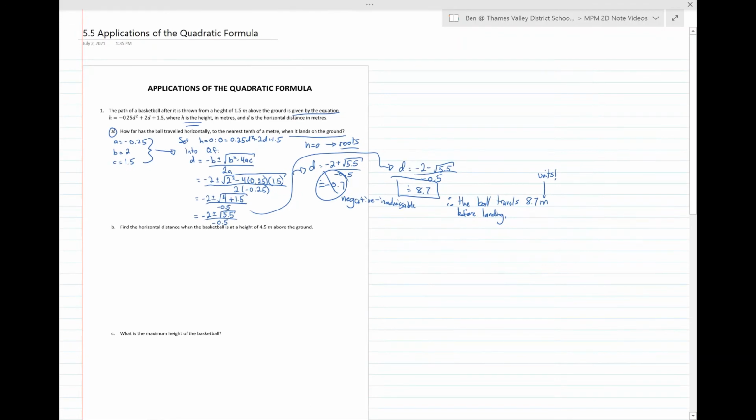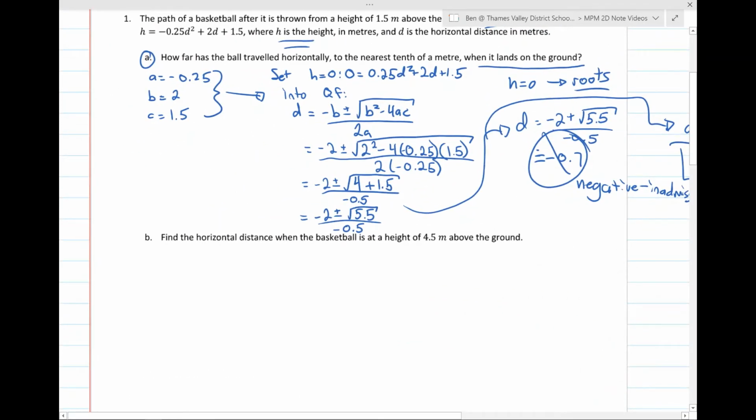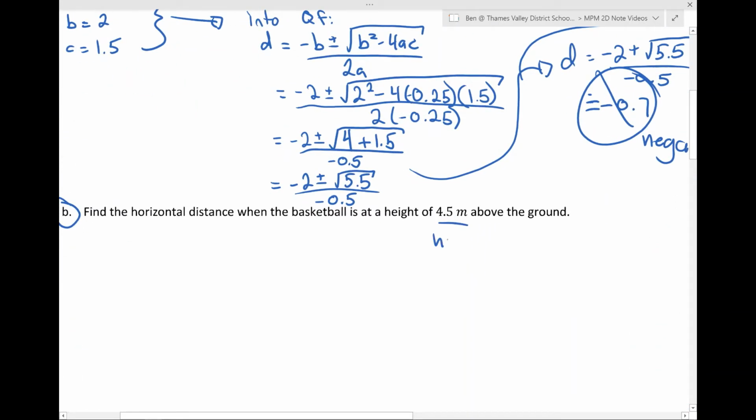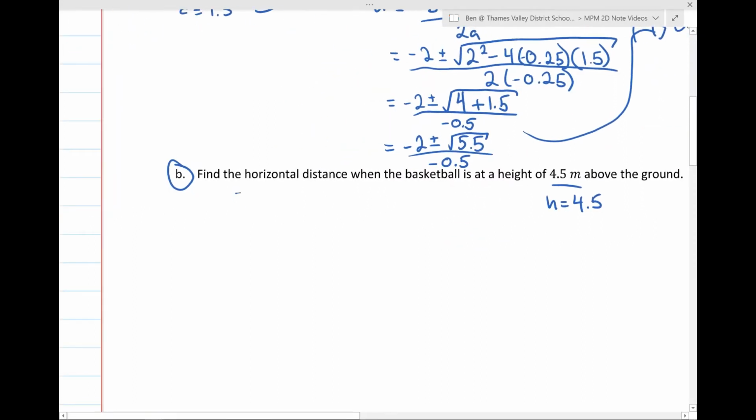Good. Now let's jump right on forward. We'll keep right on going. So now we need to find the horizontal distance when the basketball is at a height of 4.5 meters above the ground. If it's at a height of 4.5 meters, that means h equals 4.5. We know how to work with this. That means we're substituting h equals 4.5 into